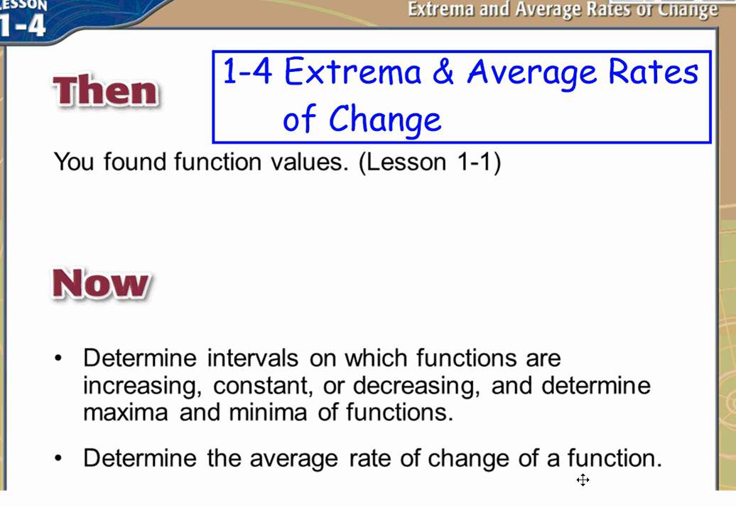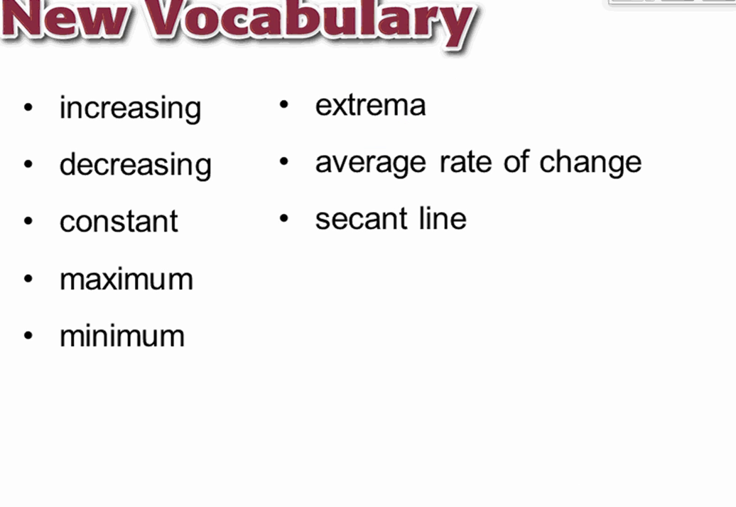Our intervals are always going to have parentheses. So does that mean they're including the endpoints or not? They're not including the endpoints. When we give an interval, it's saying from here to here, we're not really counting that endpoint as we look at that interval. And so we'll look at graphs that are increasing, decreasing, constant, maximum, minimum, extrema, average rates of change, and a